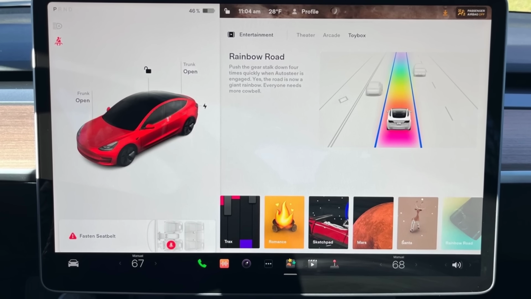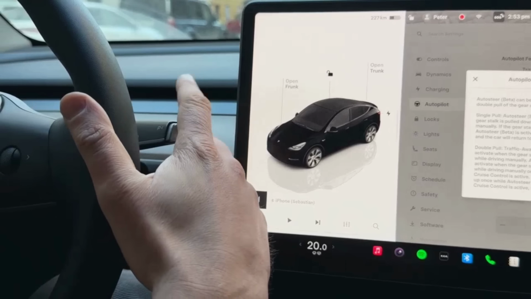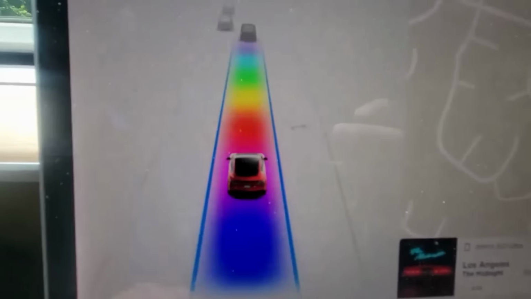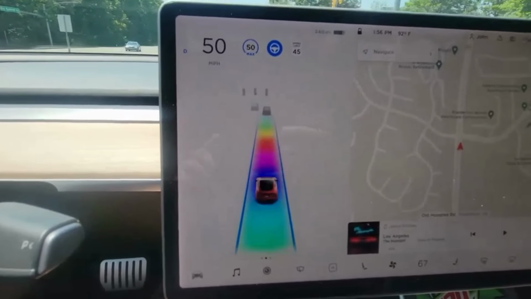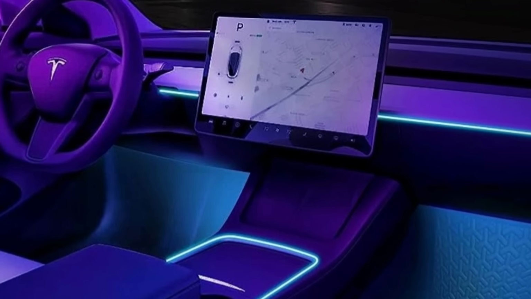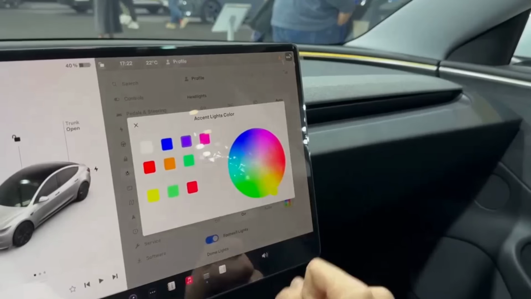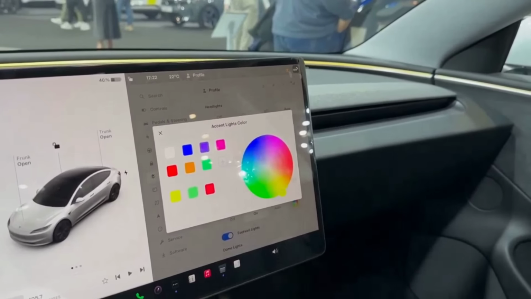Rainbow Road is the classic one. Pull the right stalk down 4 times quickly while autopilot is engaged. The screen turns into a Mario Kart Rainbow Highway and plays Don't Fear the Reaper. On Model 3 Highland and cars with RGB ambient lighting, the interior lights now cycle through rainbow colors that match